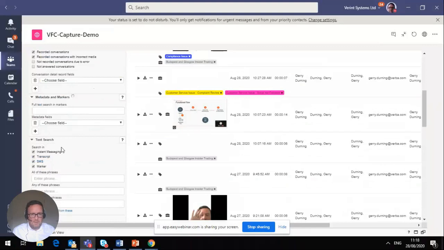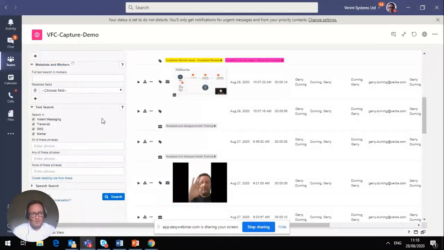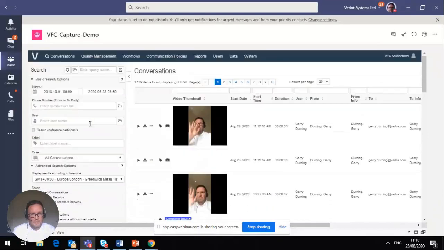And finally, in terms of search, we can also search for instant messages captured from Teams or elsewhere, and also search within text, so that you could maybe find calls where Kevin and Jerry have said particular non-compliant phrases, for example, or other ways to help the compliance officer find if there's a particular issue. So lots and lots of different ways to search.